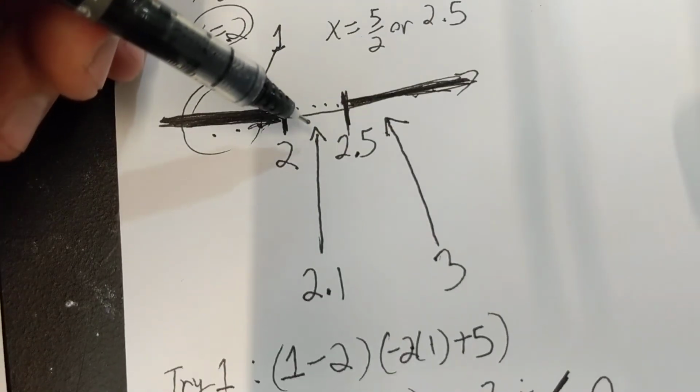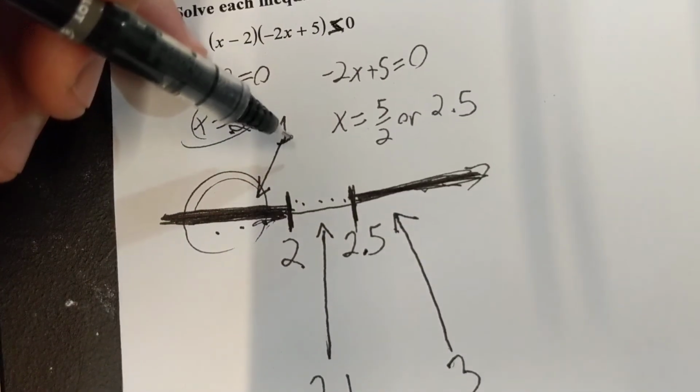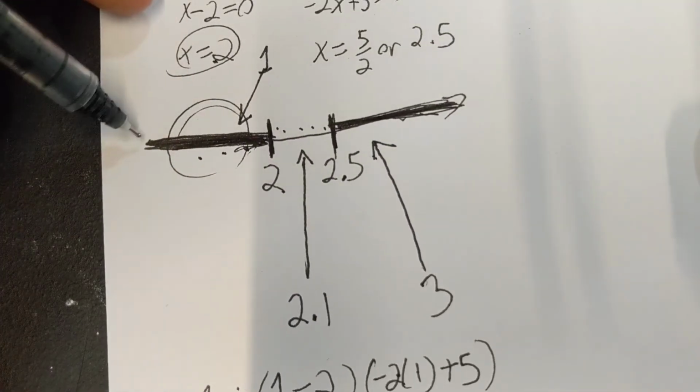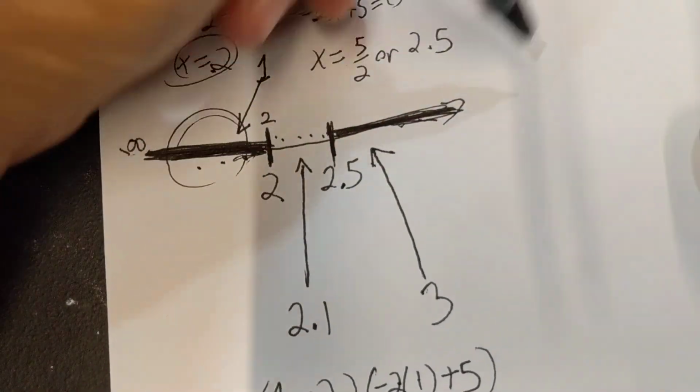And then you try the 2.1, and it won't work, and pretend like I did that. And so it looks like we have ourselves a solution set. Anything from negative infinity all the way to 2 works. So we'll say negative